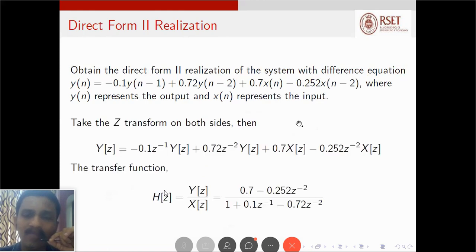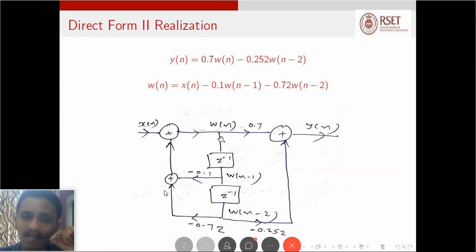If we compare direct form 1 and direct form 2, we will go for the direct form 2 realization, because the number of delay elements required for the realization is less in the case of direct form 2. This direct form 2 realization is used for all other types of realization. For example, if you are going for the next types of realization, parallel form or cascade form realization, we will use the direct form 2 realization. I will explain the different cases in the coming slides. This is the idea behind the realization of direct form 1 and direct form 2.